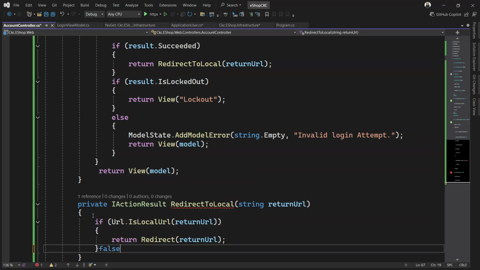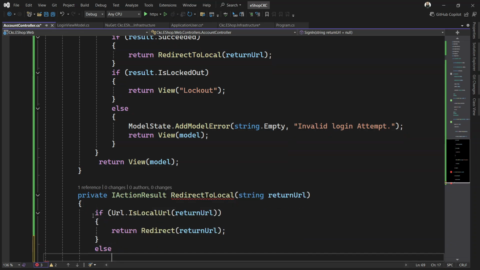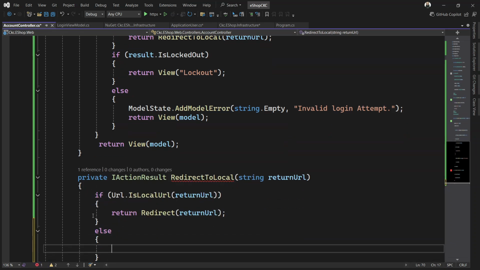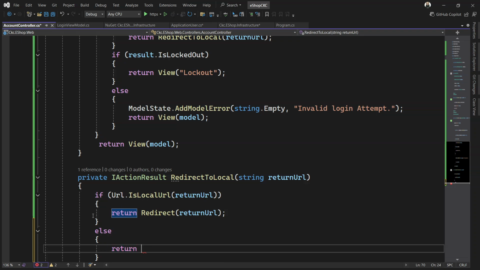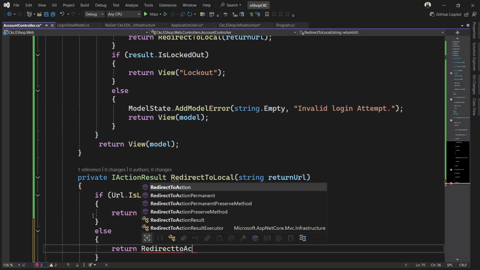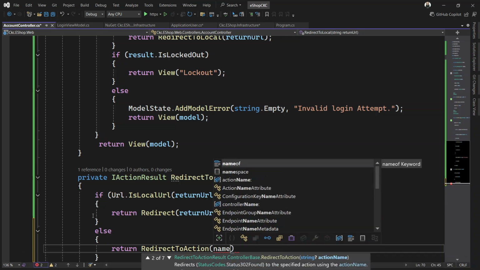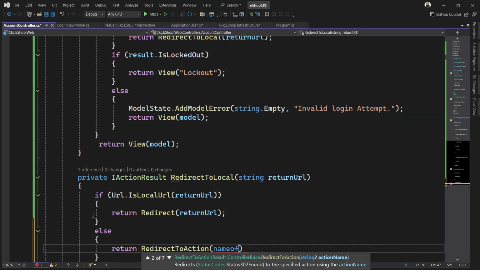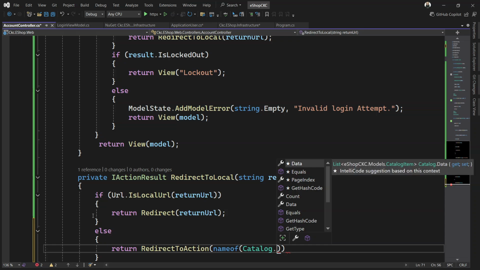But in case the user is not coming from our local URL, we can't redirect him back to the external application. So we are going to redirect to a particular action. In our application as of now, we just have a controller and an index action. So we are going to use nameof and catalog,